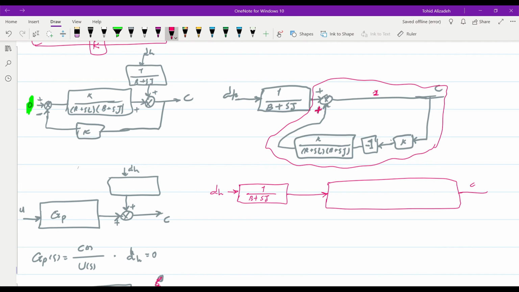I will indeed replace all these with minus K squared. So in order to obtain the transfer function for this feedback configuration, we will have the transfer function in the forward path over 1 minus 1, which is the transfer function in the forward path, times the transfer function in the feedback path, which is indeed equal to minus K squared over (R plus SL)(B plus Sj). And again, if we simplify this, we will get